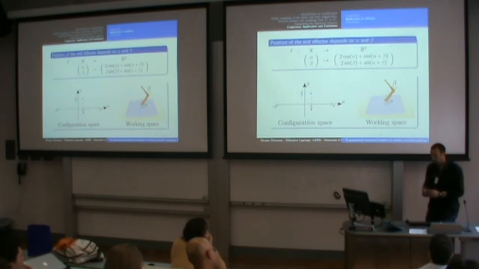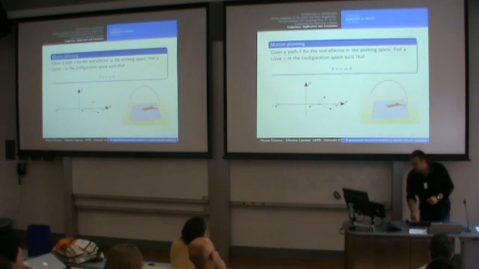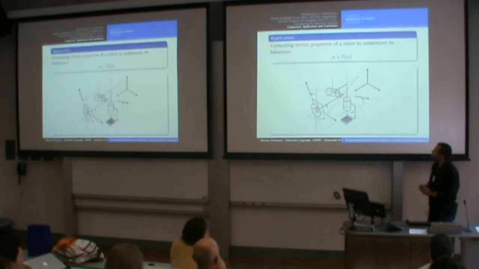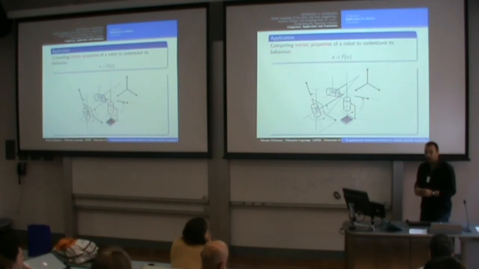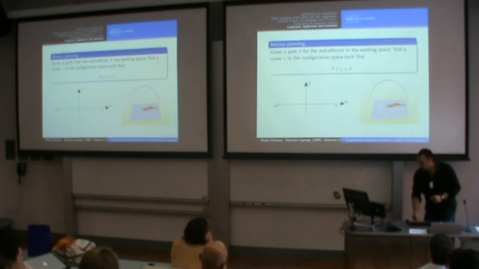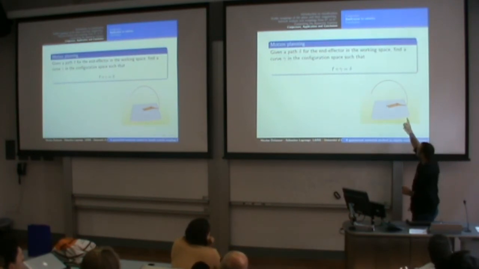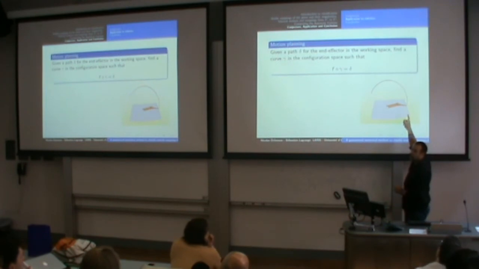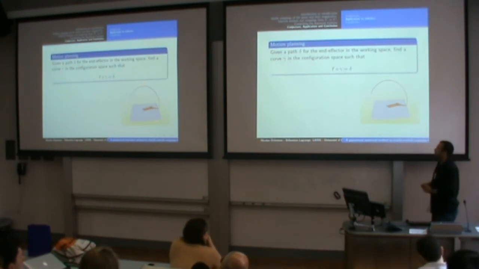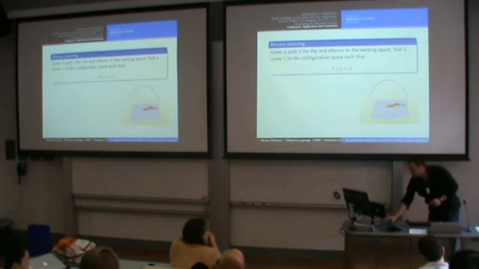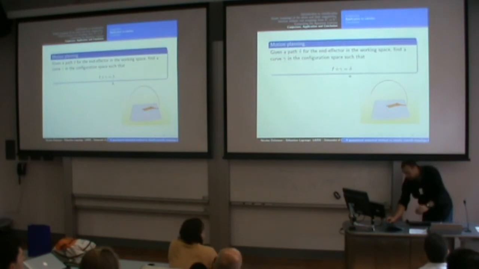So our approach is to be able to compute intrinsic properties of a robot in the way that we compute intrinsic properties of the map. So let me show you how it can help for motion planning. Most of the time, you want your robot to follow a path for the end effector. So you have this kind of path, defined by gamma, sorry, delta, and you have your map, and what you want to find is